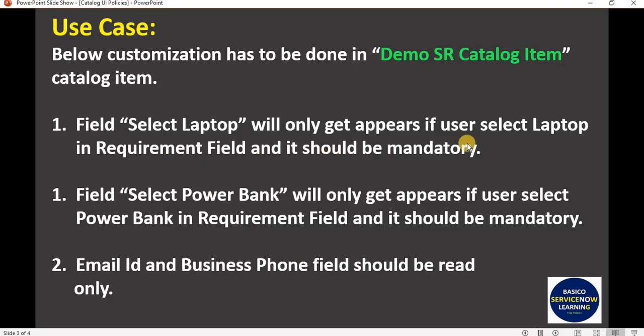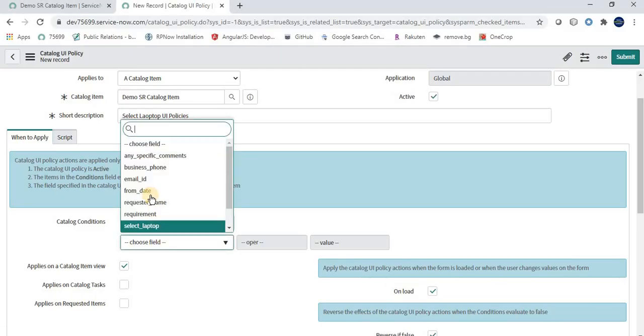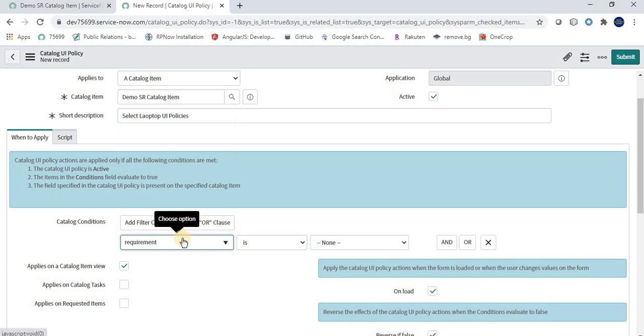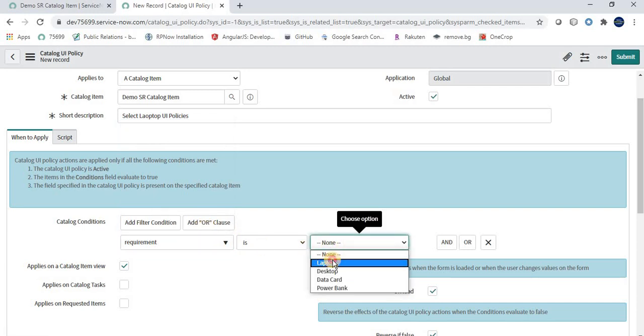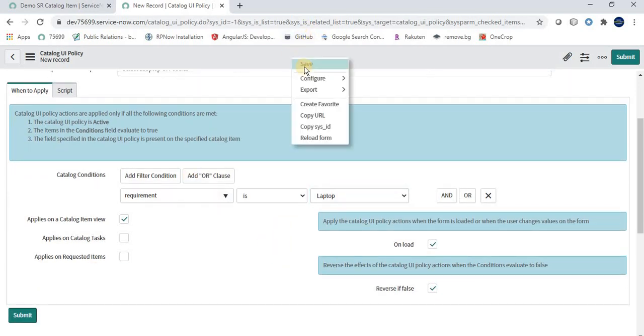The condition is that when the user selects laptop in the requirement field, where all the variables and field names which we have in the form are displayed over here. So here we have a requirement field. As per the condition, when the requirement is laptop, that particular field should be visible and mandatory, right? So just save the form after selecting this.